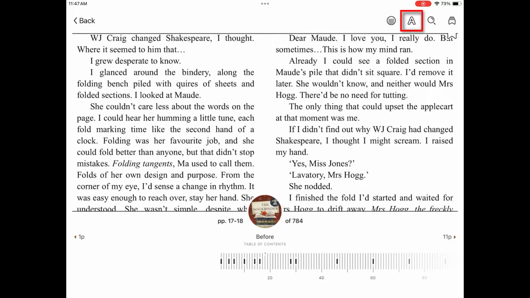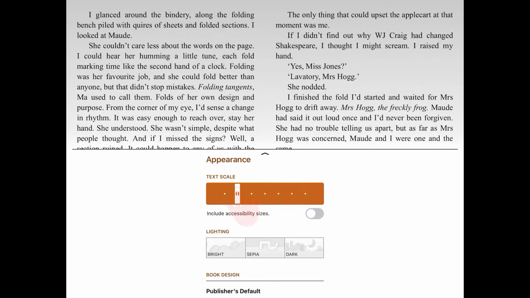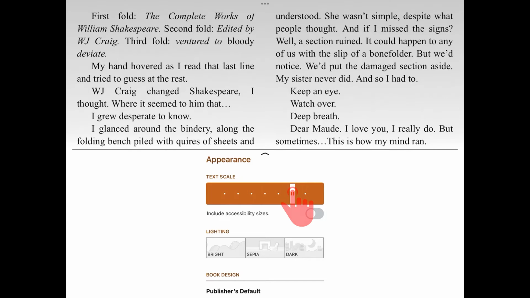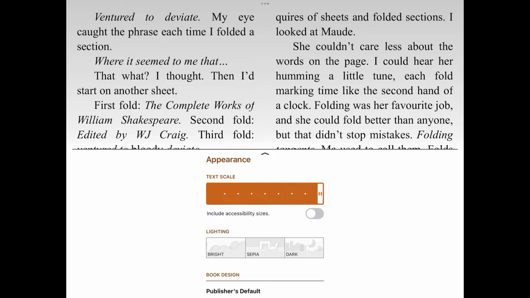The A icon is where I can access my appearance settings. So here I can use this slider to change the size of the text. So I know changing the size of the text is one of the big draws some people have to using ebooks. So you can make it smaller, you can also make it bigger,